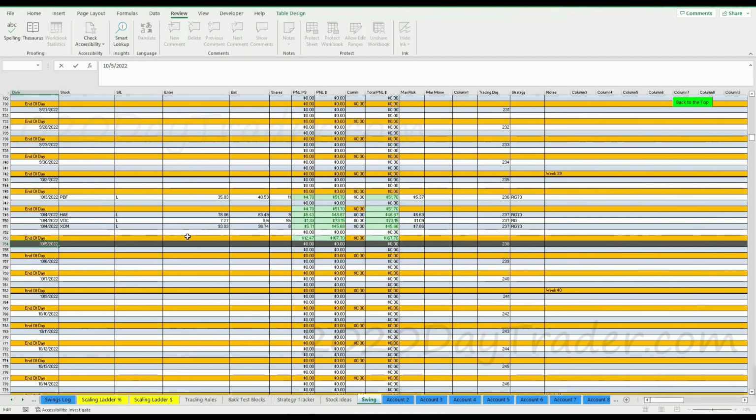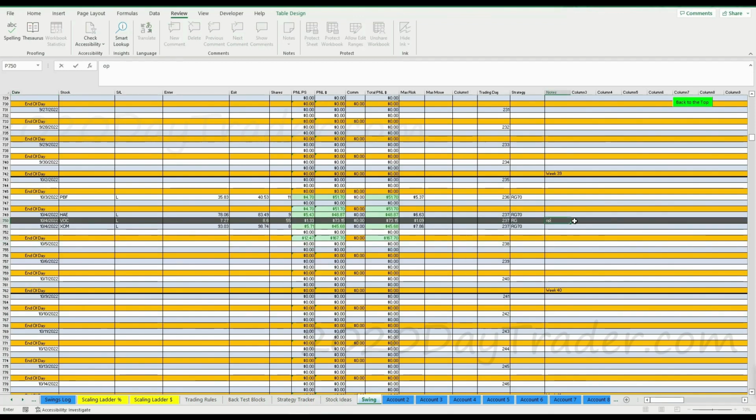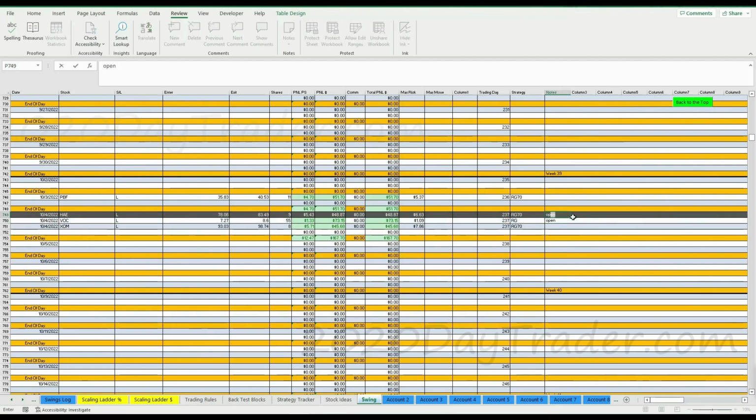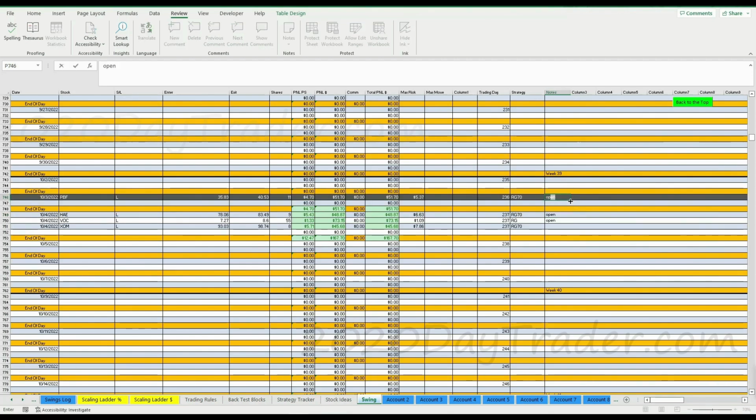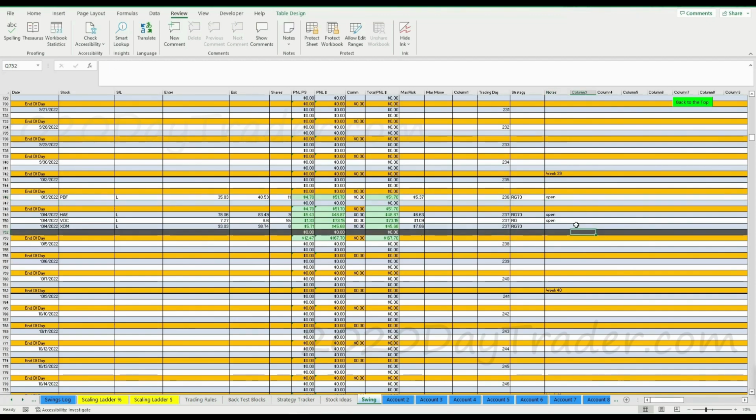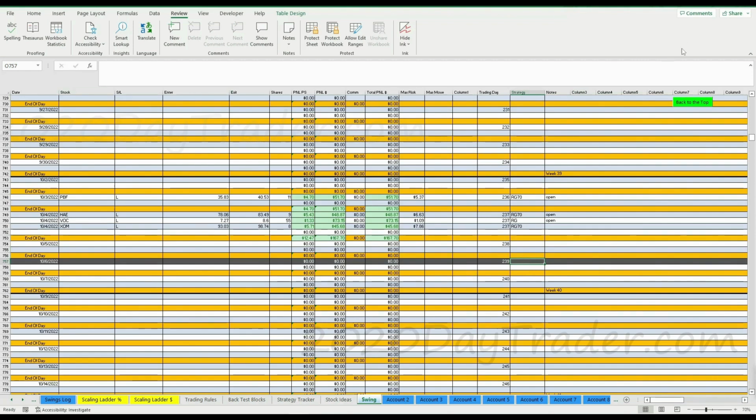But anyway, what did we just close out? XOM is closed. So in my notes, I can put open, just so I know that these are still open trades. And I could put if I went heavier or less, and all. I could put whatever notes I want in here, so that later on when I reflect on what happened with my account, I remember what happened there. So anyway, that's where we're at. I'm going to go ahead and go over to the dashboard again.